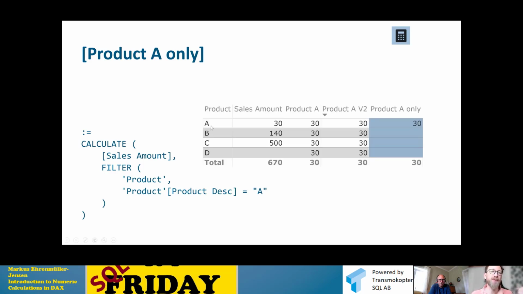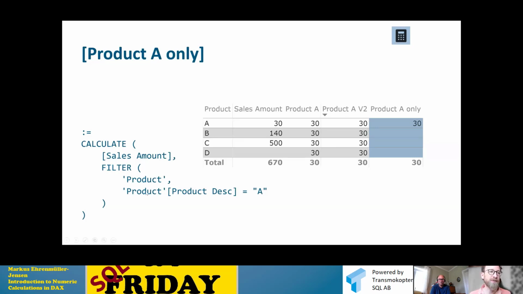And in this table, we have a filter context. So we have 4 different products, and we have a total. So there's no product selected, no product filter. So we have all the products, and then we end up with 30 only in the first line, and we also end up with 30 in the total. So that could be a good thing or not, but that's how you can influence this with the CALCULATE